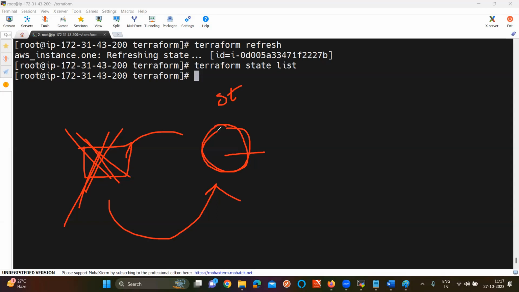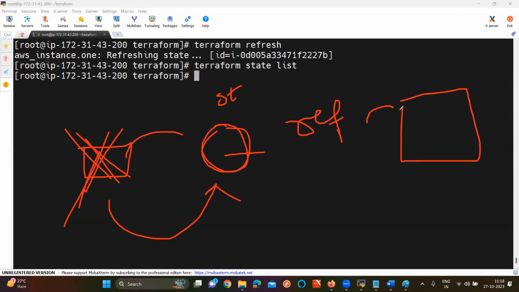Simply, whenever you install some application, your installation is done. But if you want to use the application, you have to refresh your mobile, right, sir? Here also, whenever you remove a resource manually, if you want it to replicate to the Terraform state file, we need to use the Terraform refresh command. What will the refresh command do in general? It will go and check whether the resource is there or not. First of all, this is my terraform.tfstate. I'm using the refresh command.